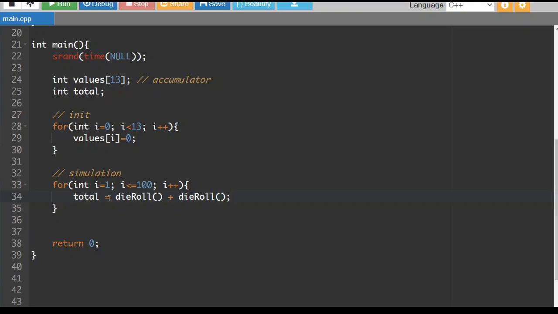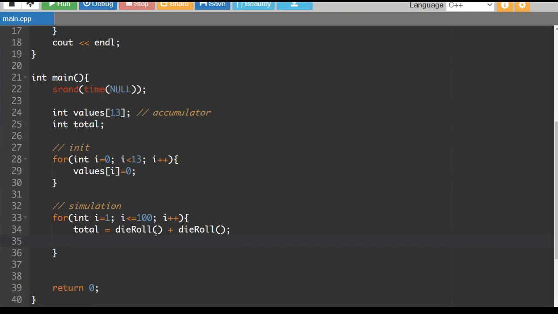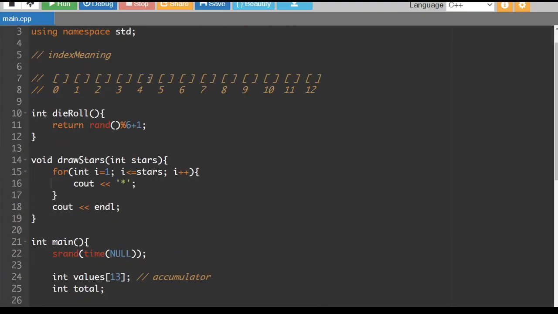So that is 2 6-sided die rolls. And then what we're going to do is imagine that we roll a 4. Then I want the item in position 4, which starts at a 0, to increase by 1 and become 1. Imagine I roll a second 4, then I want this to become a 2. So the number here is going to be the total, and then I'm going to increase the value in that